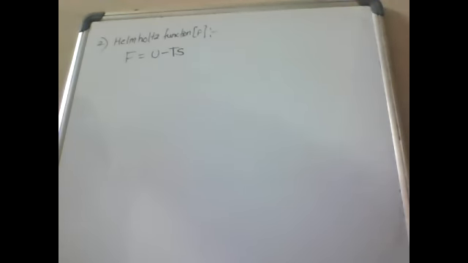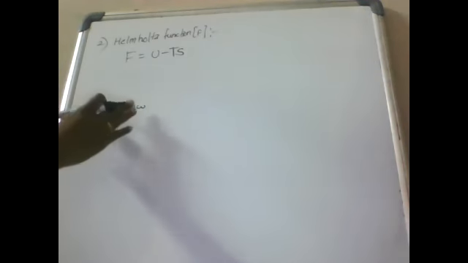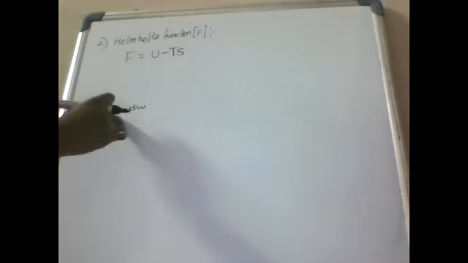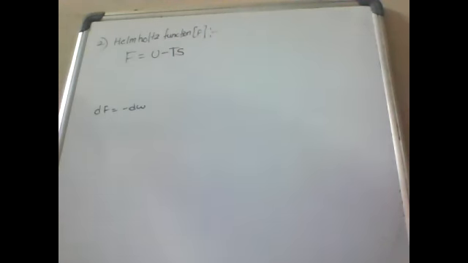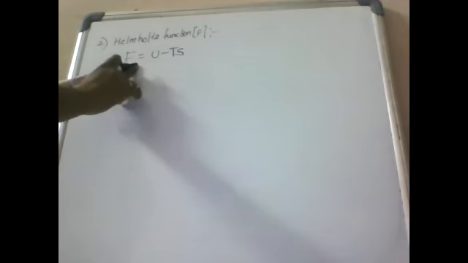So the external work done on the system is equal to the decrease in Helmholtz function. The last value we get is dF equals minus dW. This means work done on the system is equal to the decrease in Helmholtz function. The negative sign indicates a decrease in Helmholtz function. When a system undergoes an infinitesimal reversible change from an initial equilibrium state to a final equilibrium state, the Helmholtz function changes by an amount given by dF. dF equals, so differentiate this value.